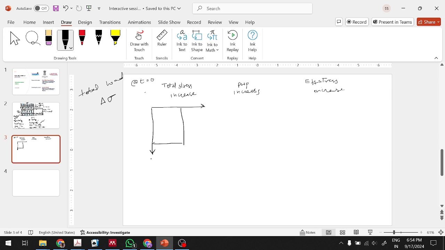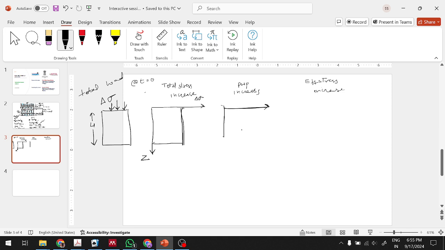So this is our sample, and we have applied a loading delta sigma to it, and this is the height of the sample. Let us say that this axis gives us the depth of the sample, and this gives us the stress, the change in stress. So throughout the depth, the total stress will be the same, but